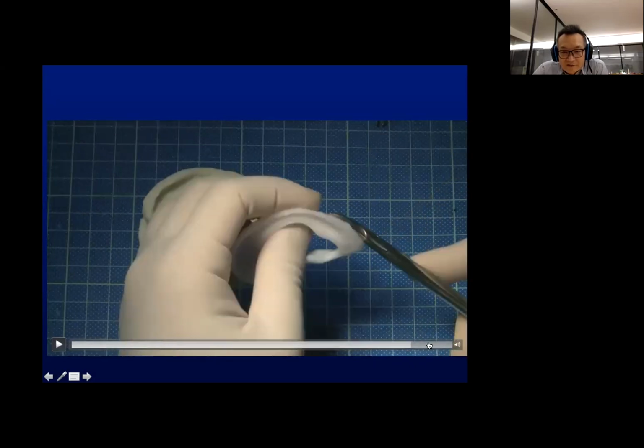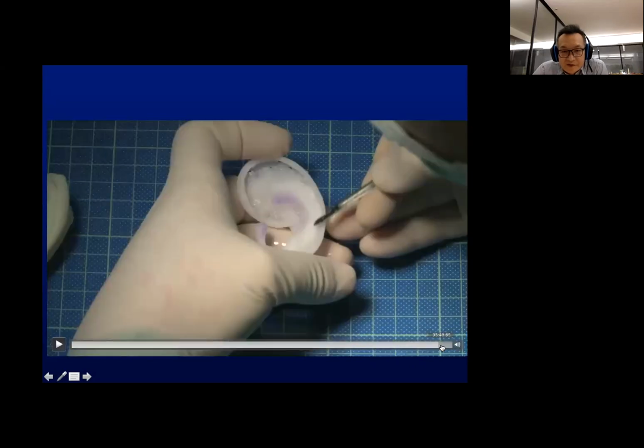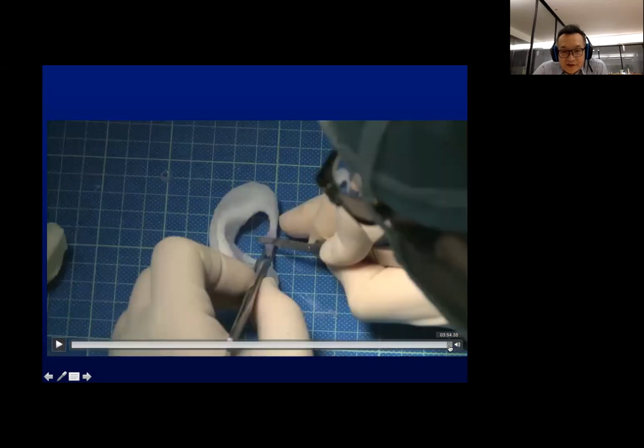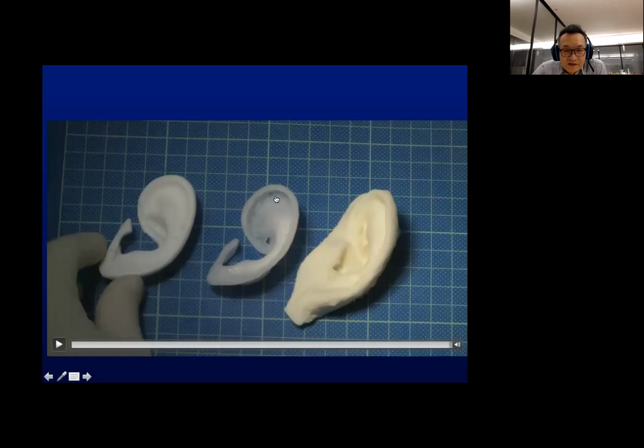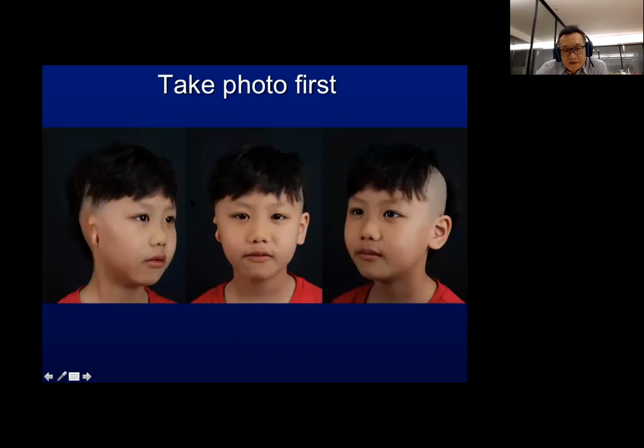This is the final result. Of course, when I saw this picture again, I realized nowadays I won't carve the Medpor into this kind of thing because fracture could happen easily. Anyway, nowadays in every patient, no matter what they want, if they want the cartilage surgery, either